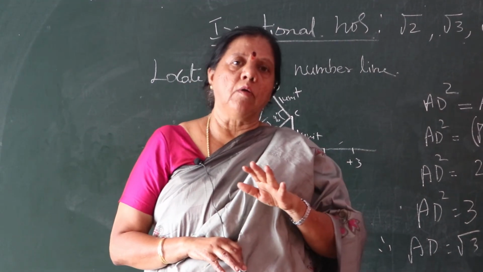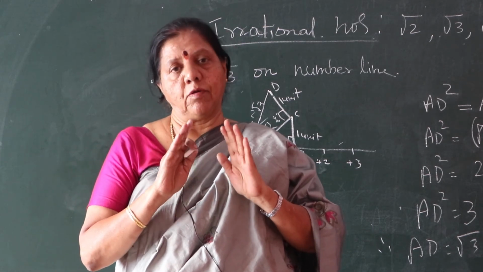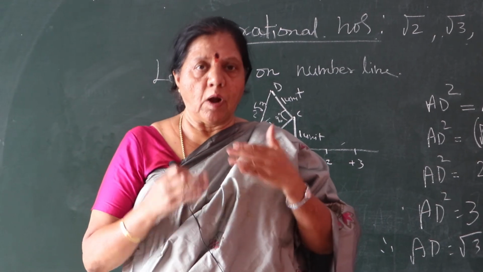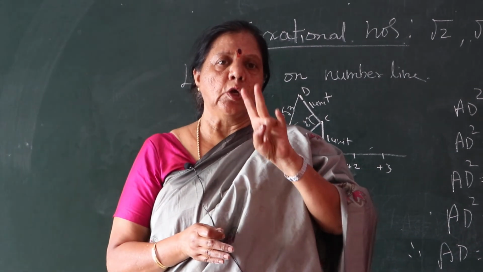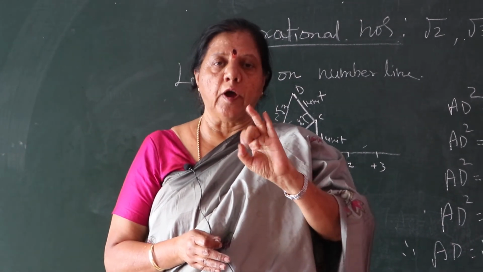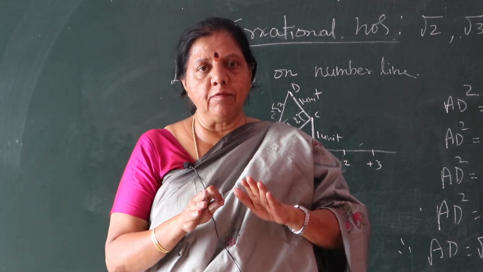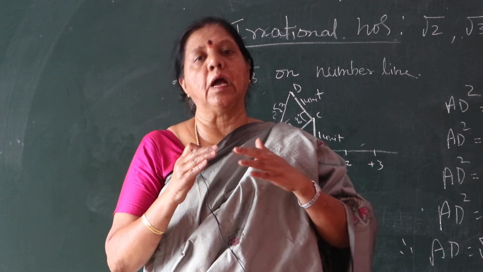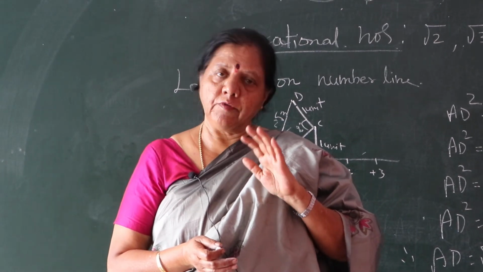So now what you have to do, in the exercise they have given these sums, what I have done so far. I have solved now 4 sums, so 2 for rational, 2 for irrational. You take it as homework, you solve it. Afterwards I will send the notes, you copy down. Okay children, have you followed?